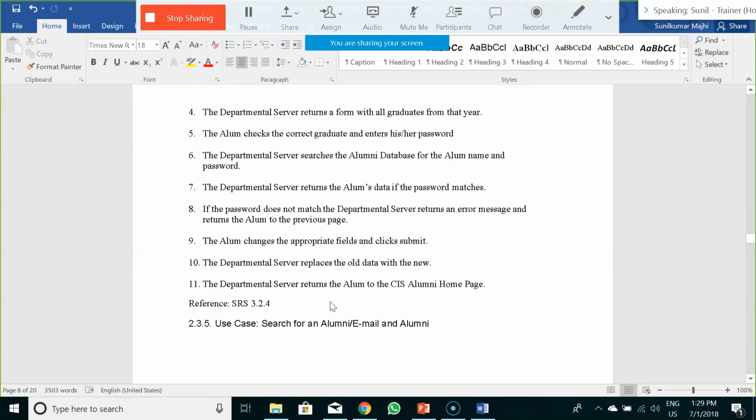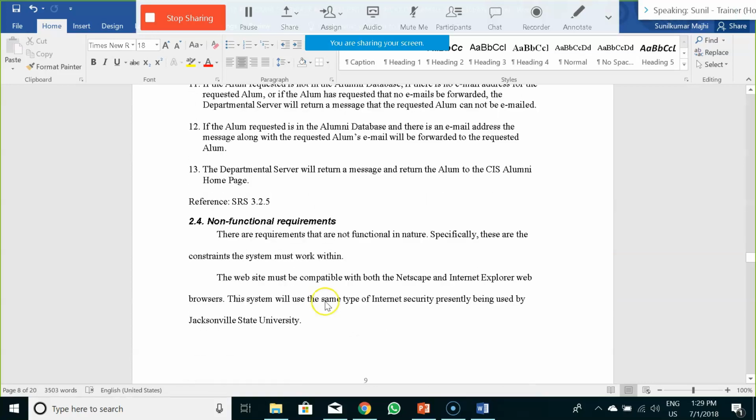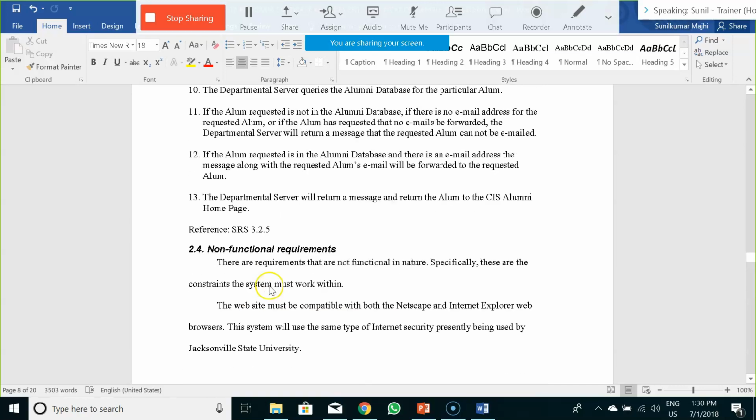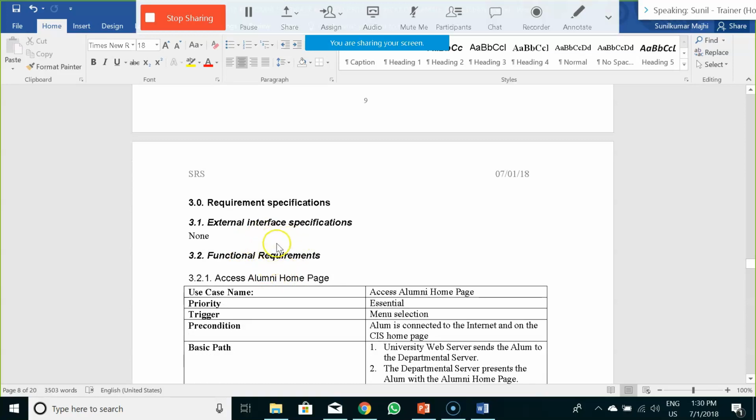After you have done these things, depending on the number of features your application is having, you have to gather the non-functional requirements in similar fashion. Once you have gathered the functional requirements, you would be gathering the non-functional requirements. So in non-functional requirements, you have to highlight the infrastructure related requirements like server availability, reliability, scalability, and all those things. After you have done that, you have to write the interface related requirements. If there are external interfaces, then you have to specify them over here.